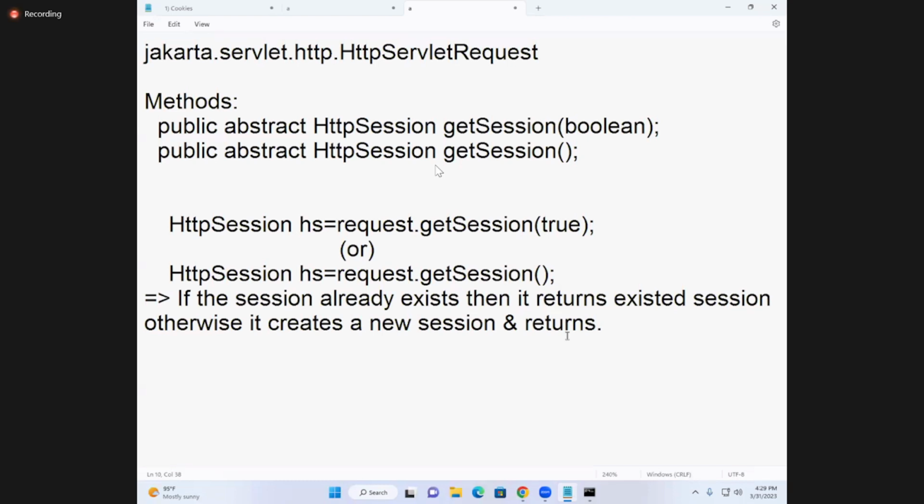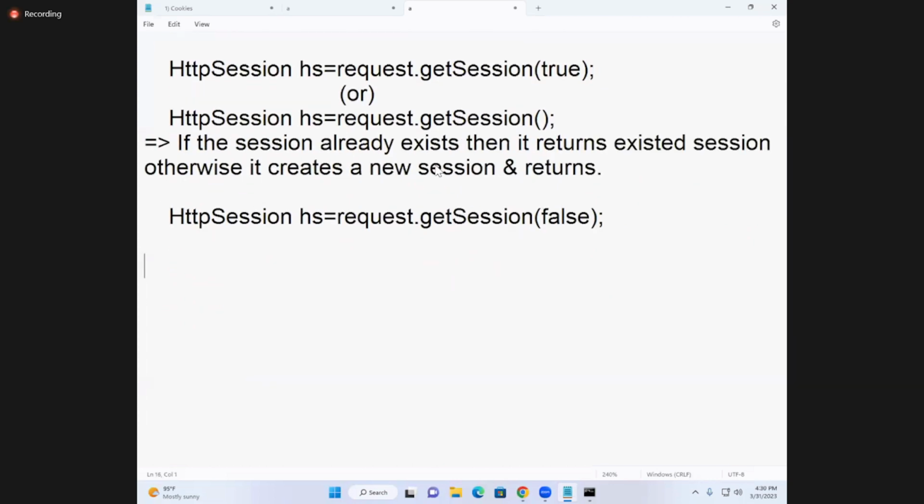If the session already exists, then it returns the existing session. Otherwise, it creates a new session and returns. Now, if I write like this, false. If I write like this,